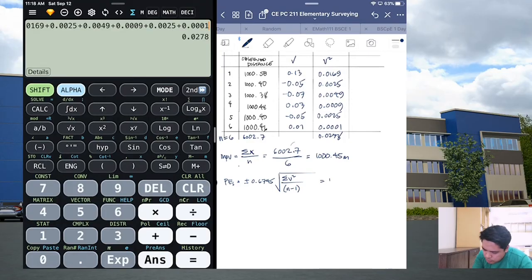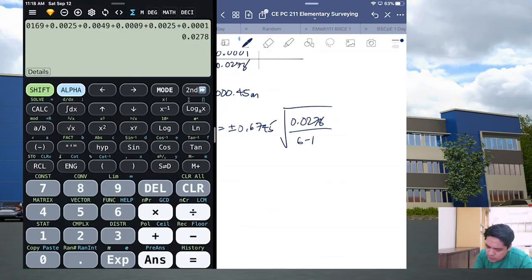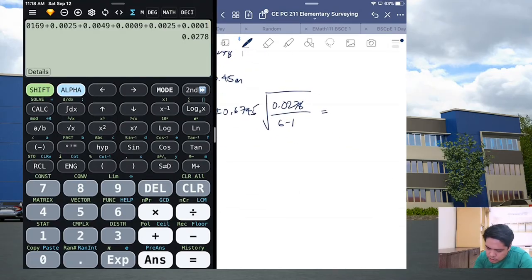That would be plus minus 0.6745 times the square root of the square of the residual, which is 0.0278, divided by 6 minus 1, which is 5. Actually, pero diretso lang sa calculus, standard deviation niya, multiply nyo lang by 0.6745. Pero for the sake of discussion, ina-SS na lang natin. So that's square root,